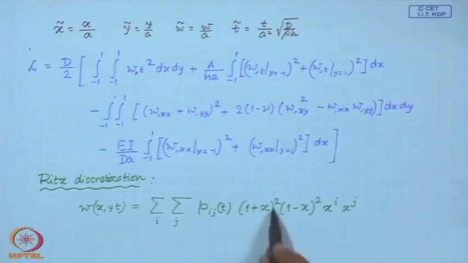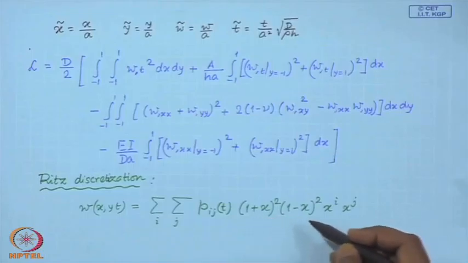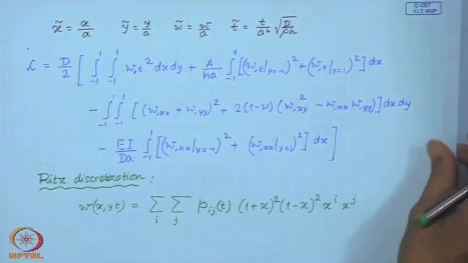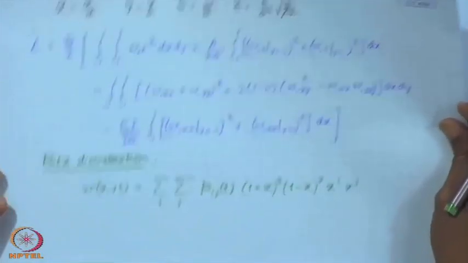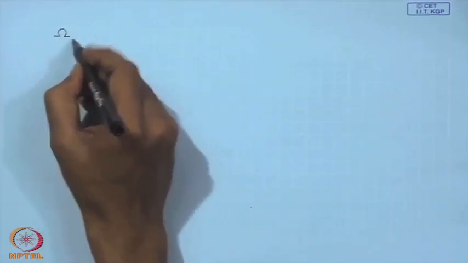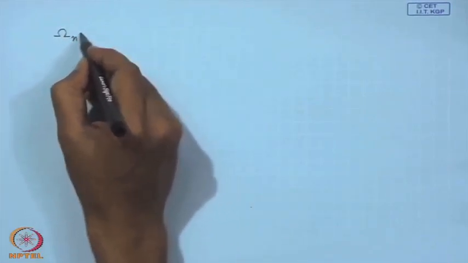You can see that it starts with quadratic in x at both boundaries, so that the displacement is 0 at x equal to -1 and +1, as well as the slopes are 0 at x equal to -1 and +1. If you use this expansion in the Lagrangian and discretize and finally solve, the eigen frequencies are obtained